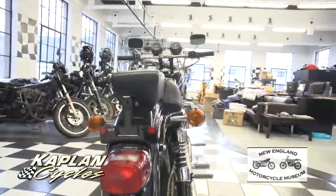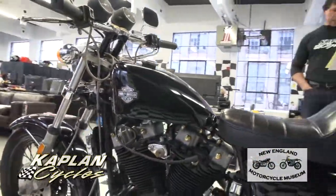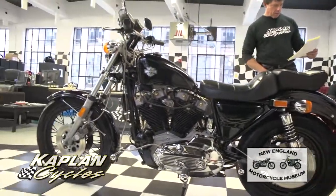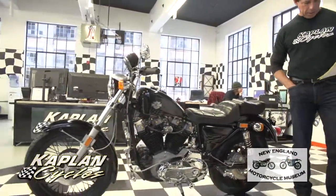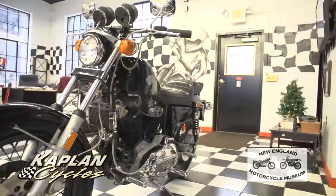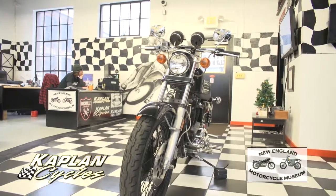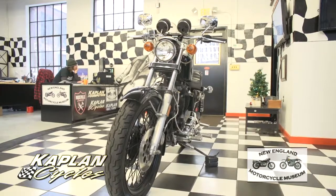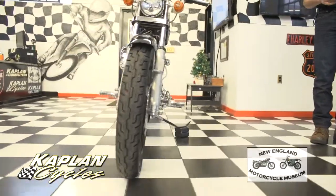brand new Champion spark plugs, brand new S&S teardrop air filter, brand new hydraulic stop switch and brake light stop switch, new Dyna S ignition, new 12-volt chrome horn, new rear caliper seal kit, new front caliper seal kit, new strap for the generator, new chrome intake clamps, new 4-inch black risers, new clamps, replacement OEM Harley Davidson grips, the new gold bolt kit for the nut and bolt kit and the rocker box assembly covers, new chrome hex bolt